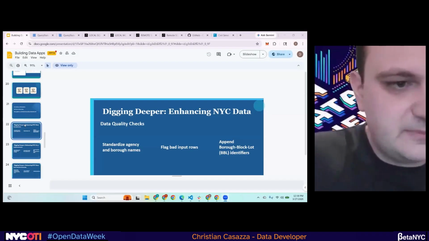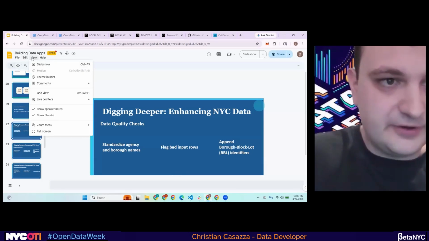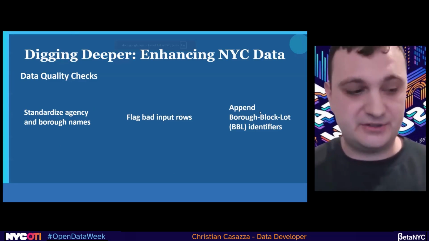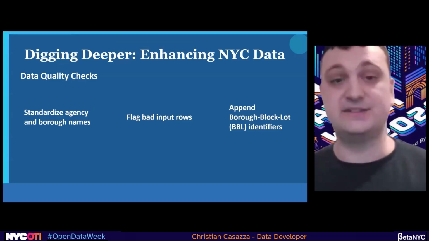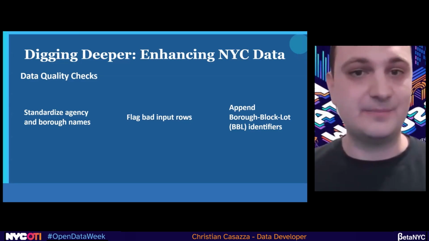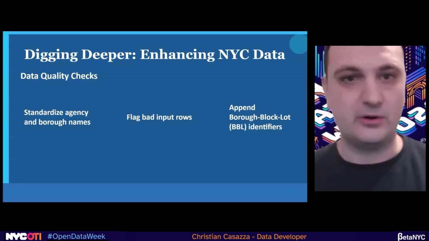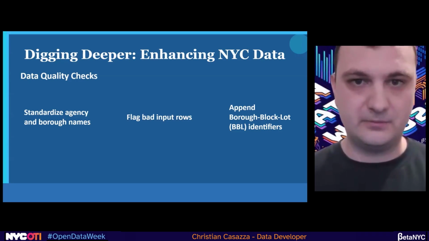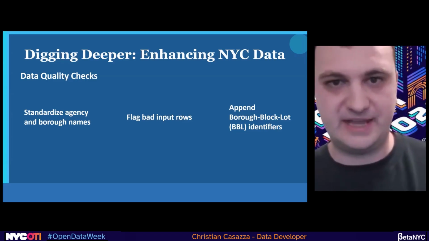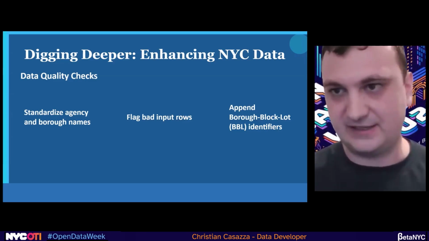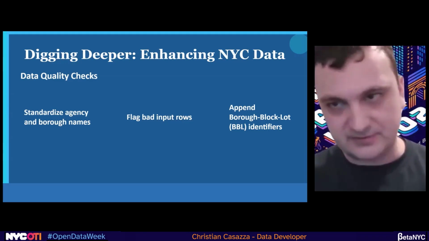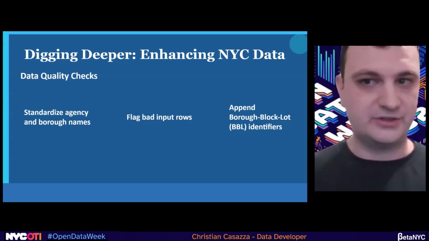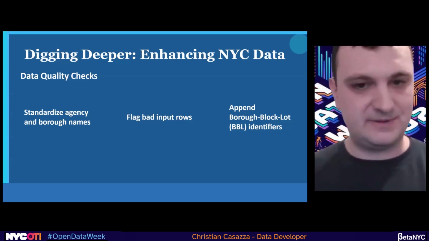Now we should understand some of the differences between the data you can grab yourself versus accessing the already curated version. In addition to being able to just grab the clean data, what we can do now is enhance the New York City data. So: standardized agency and borough names. Some data sets have all caps, all lowercase, or abbreviations for agencies. Nathan himself created a really super helpful standardized agency name data set, which I use as a source of truth. So for every data set, it automatically identifies the agency column, and we create a new clean one. Borough names: some people like having Manhattan, or all caps Manhattan, or just a single letter. Again, keep it like that.